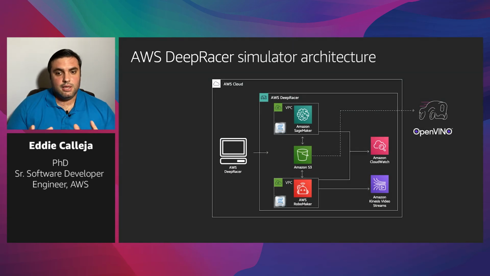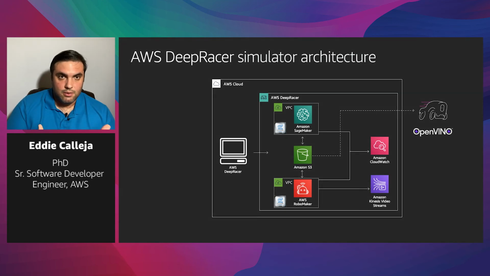So I want to quickly turn to looking at some of the infrastructure of this, because after all, we are AWS. A lot of us are developers. So you may be wondering, what happens when you hit go on the virtual simulator, when you go to the AWS DeepRacer console and train a model? Well, this is the architecture. We are built on top of AWS DeepRacer and AWS RoboMaker. And the virtual environment runs on AWS RoboMaker, which is AWS's platform for robotics, and also for robotic simulations. It's built on top of Gazebo.